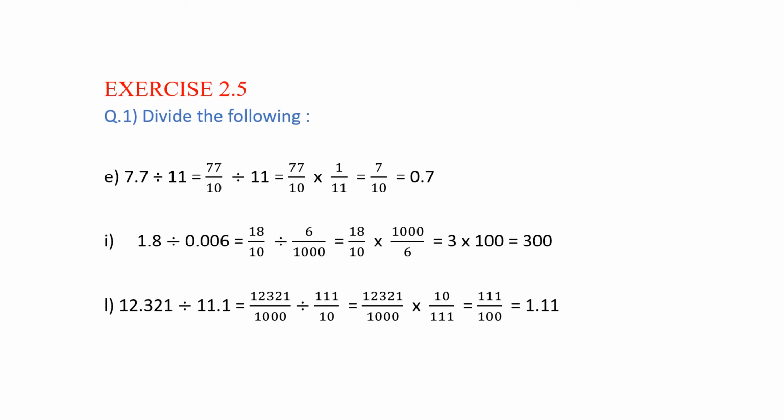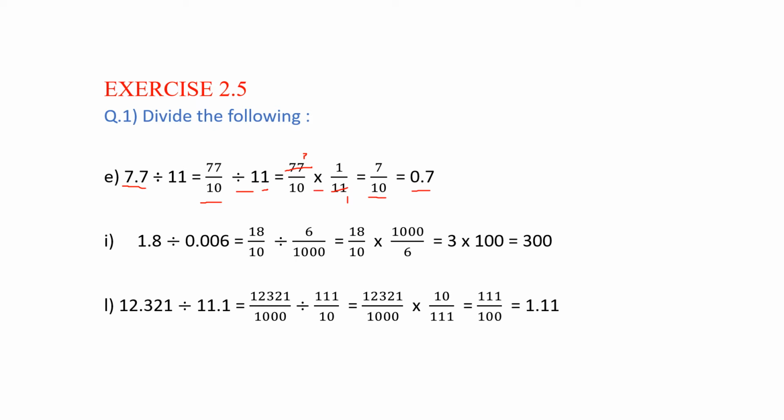Okay. So this 7.7 we can write in the form of fraction like 77 upon 10 divided by 11. Now I'll convert this division into multiplication by writing the reciprocal of the second number, right? So the next step is 77 upon 10 into 1 upon 11. Now you can check over here, 11 ones are 11, then 11 sevens are 77, right? So we'll multiply numerators and denominators, so we'll be getting 7 upon 10, right? And we'll convert it in the form of decimals, that is 0.7.